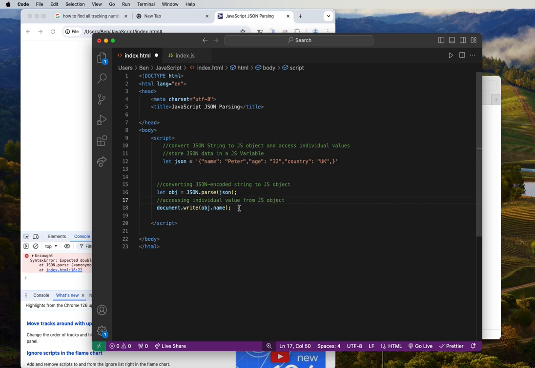Okay, so document.write object, object JSON.parse. I'm trying to check. Yeah, so we say document.write object.name, which is the name here, and